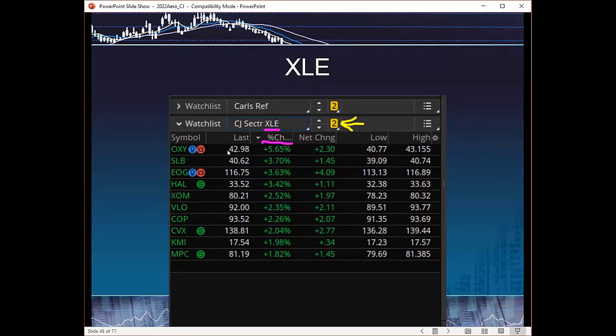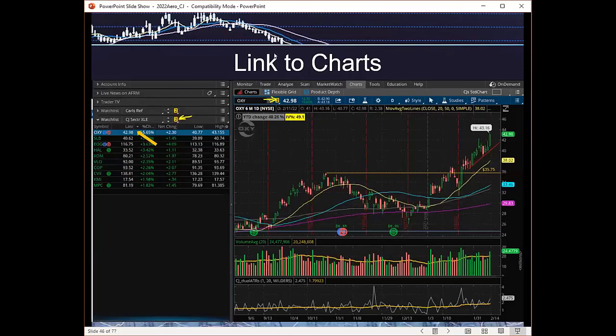So I'm going to look at the top 3 or 4 names on this list on the charts. How do I do that? Well, I link them, which is a nice feature, by selecting a link channel, in this case channel 2, on both my chart and the watch list. So all I have to do is click on that symbol and the chart automatically pops up. That's a pretty efficient use of time. So I can go through the top two or 3 or 4 charts in just a matter of a couple seconds.